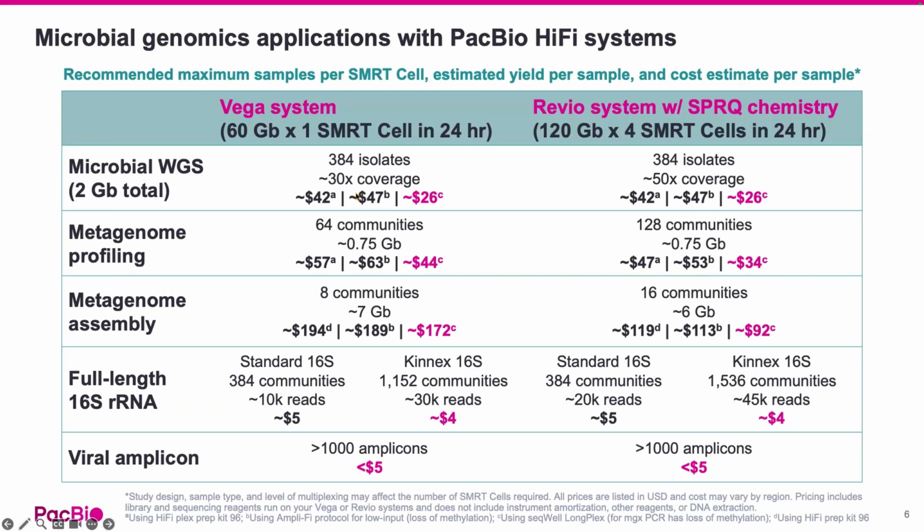And there are 3 different options for these whole genome sequencing applications, the first 3. This is because we have different library prep kits that are tailored towards your needs based off scale, automation capabilities, and so on and so forth. So we have our HiFi Plex Prep Kit 96. We have our HiFi Prep Kit 96. We have the Amplify protocol, which is really useful for ultra low input sample types, like swabs, for example, or water. And then we have the Sequel Longplex kit, which is a PacBio compatible partner, which does the shearing and barcoding up front of the SMRTbell library prep with PacBio.